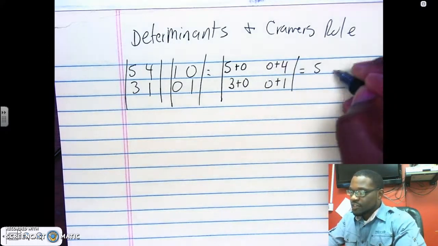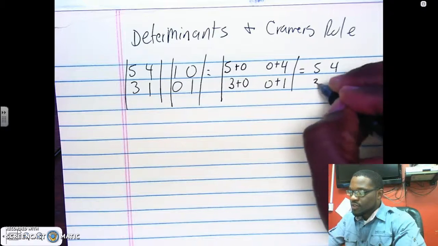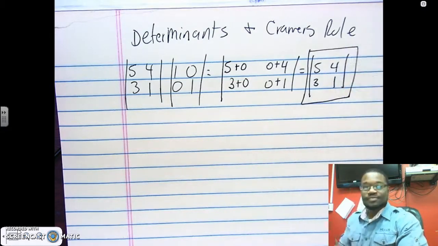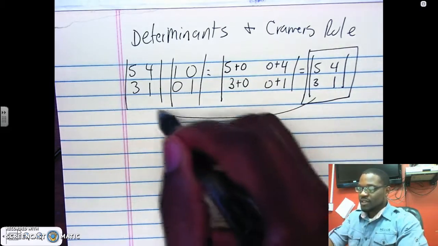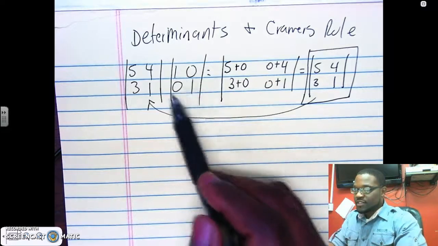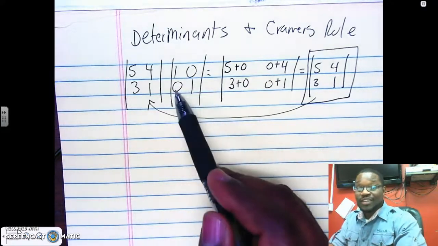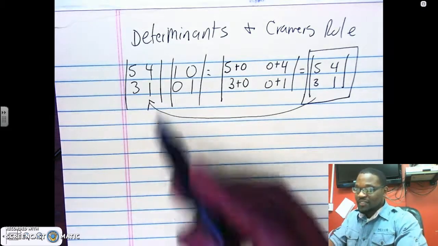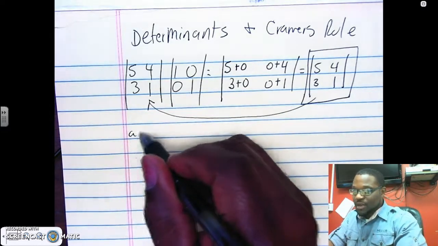5 and 4, 3, and 1. Did you see what the answer turned out to be? The answer turned out to be this first one right here. This actually is like a 1. This is actually 1. And the way this works is, if you had, I'm just making this up, a 3 by 3,